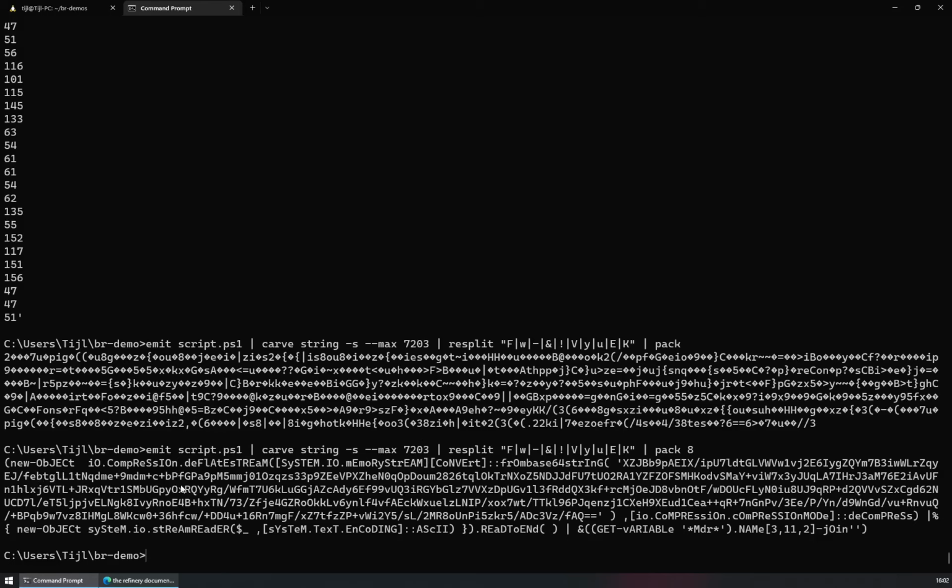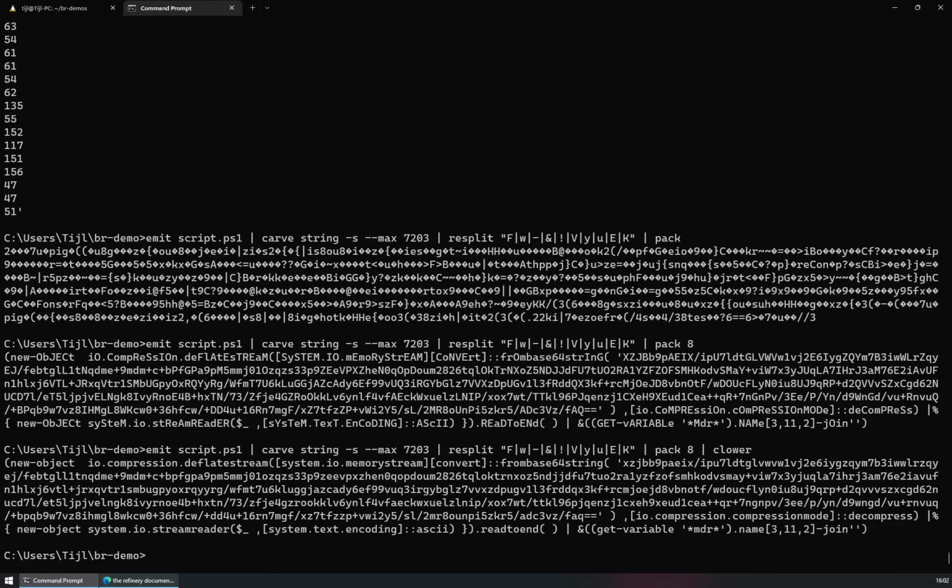It's a bit harder to read because it combines uppercase and lowercase characters. For this as well, there is actually a command, C lower, to lower everything. It can also be very useful if you want to capitalize certain strings in a CTF or something like that. So now it's a bit more readable. For example, we have a from base 64 that is being converted as a memory stream, then deflated, so it seems to be compressed with a decompress option, and then it is being encoded or stream read. So this is probably shellcode to be run in memory or put into memory and